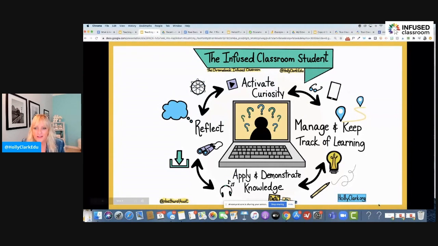They apply and demonstrate their knowledge. Do I need to give them a multiple choice test to know if they understand words? And then they're going to reflect, and you're going to see that in a second. So back over at our